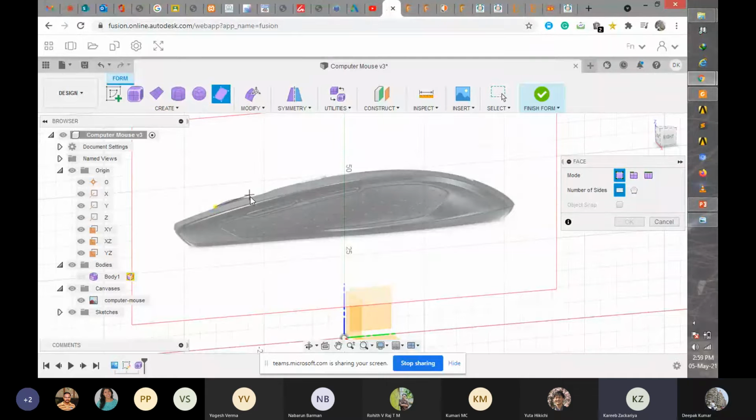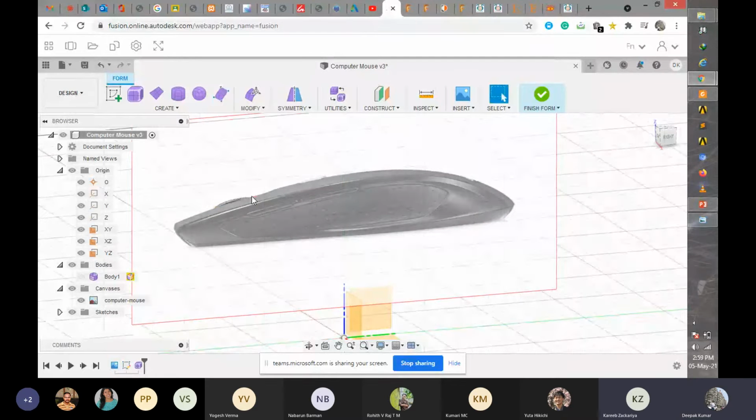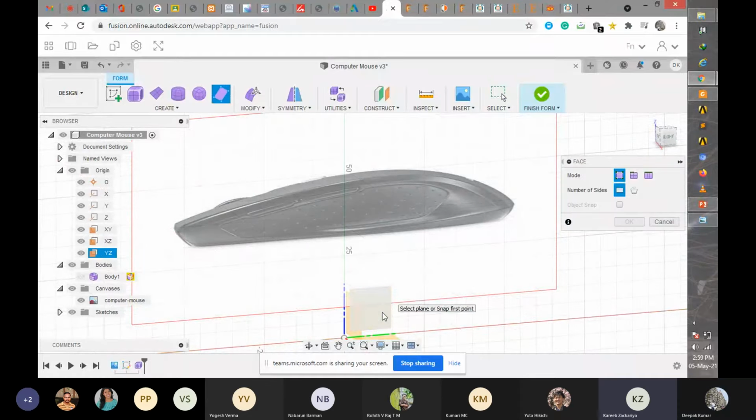No, not that. You are trying to make the wheel, right? The scroll wheel? Yes, sir. No, not that. That scroll wheel, you can make in solid itself. It is not a complex surface. The surface where the thumb grips, that you wanted, right? That surface you can do in faces.